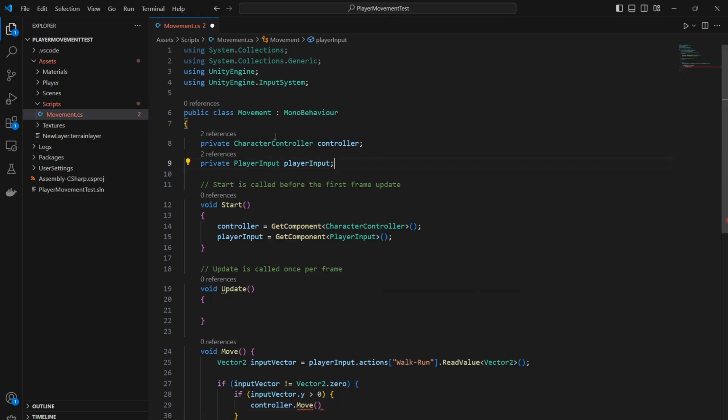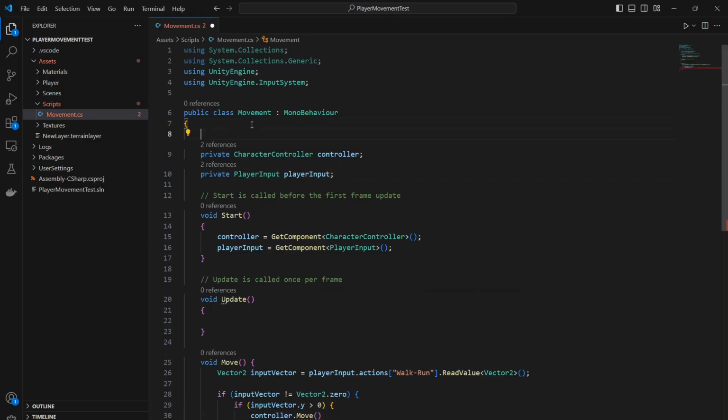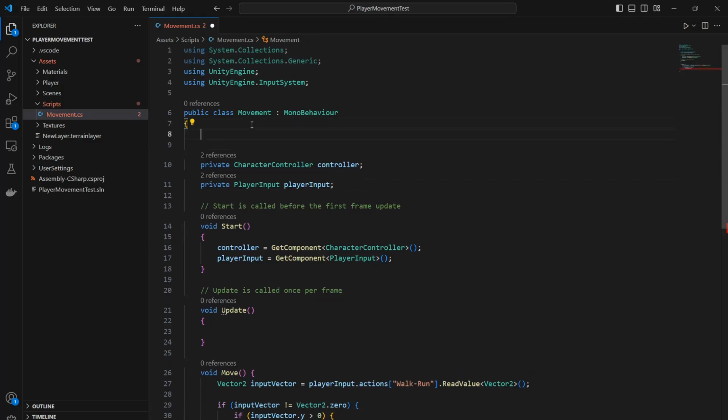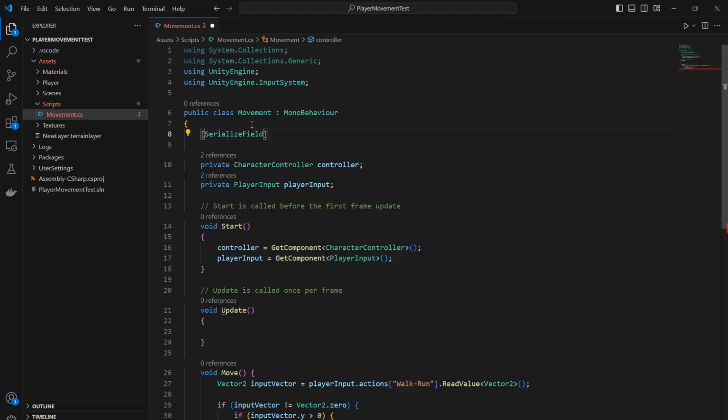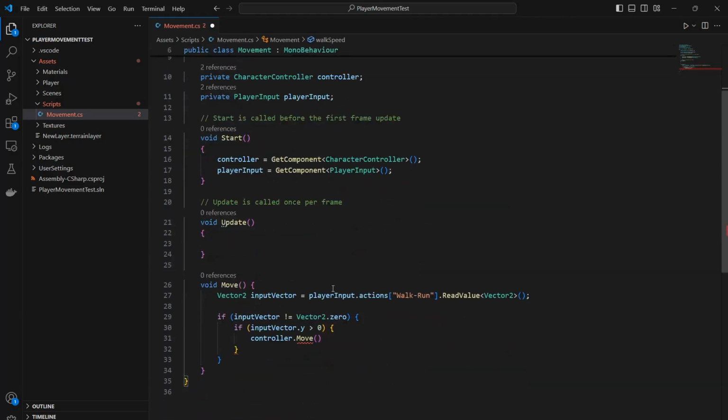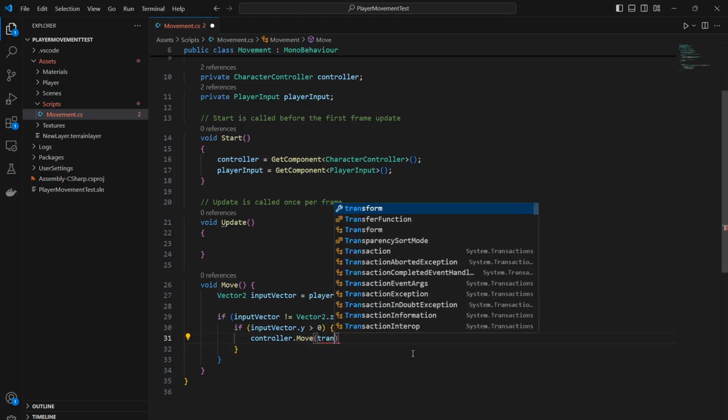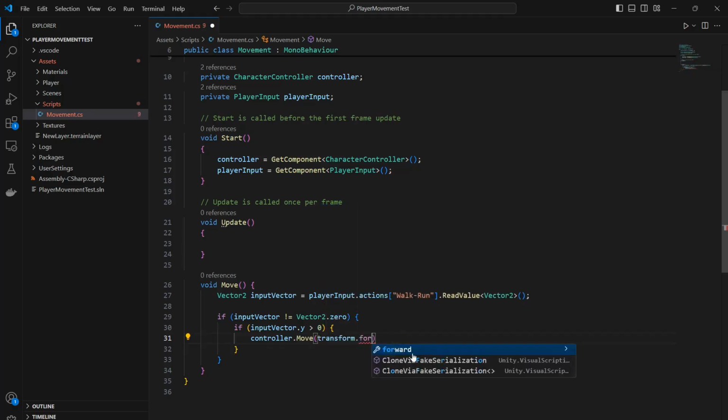And at what speed we want to move. So I'm going to create a variable, serialized field, called walk speed. I'm going to set it to 10 for now. And this is going to be float. So we want to move in the forward direction. So it's transform.forward,